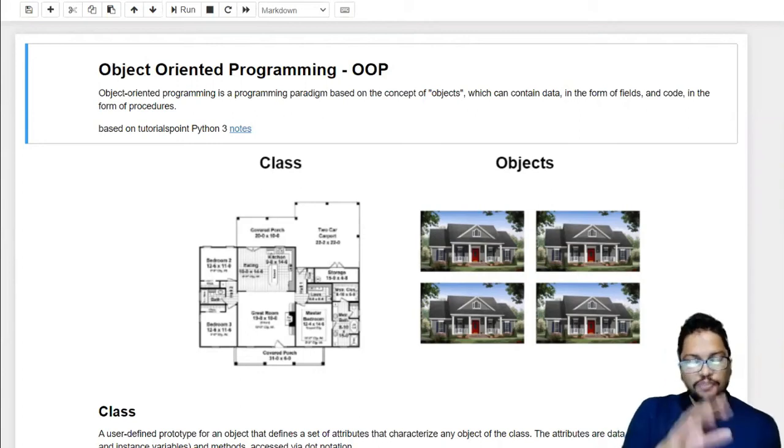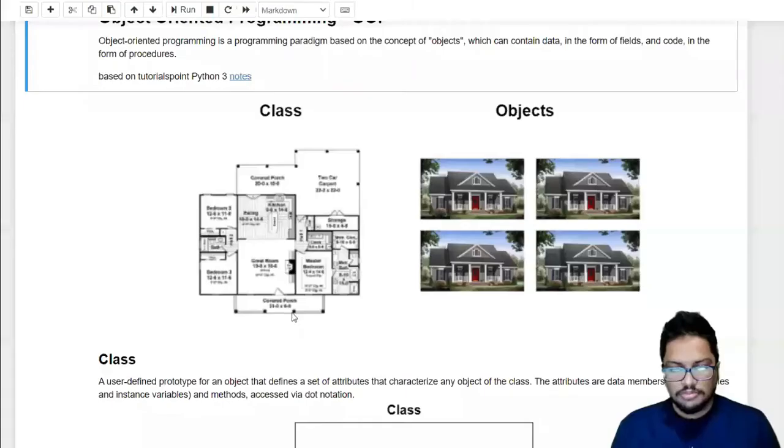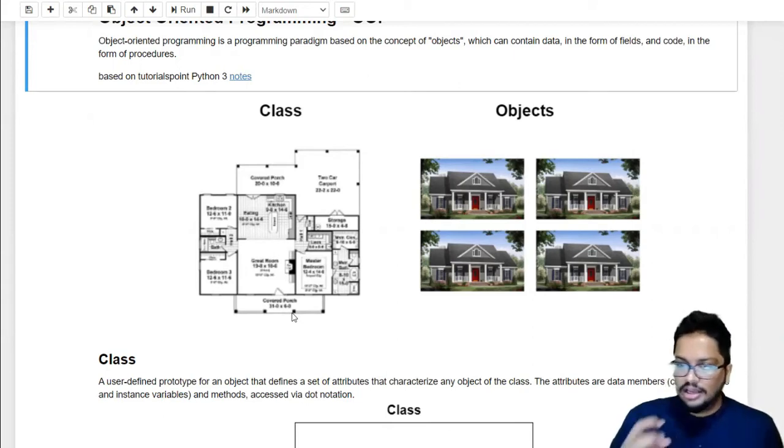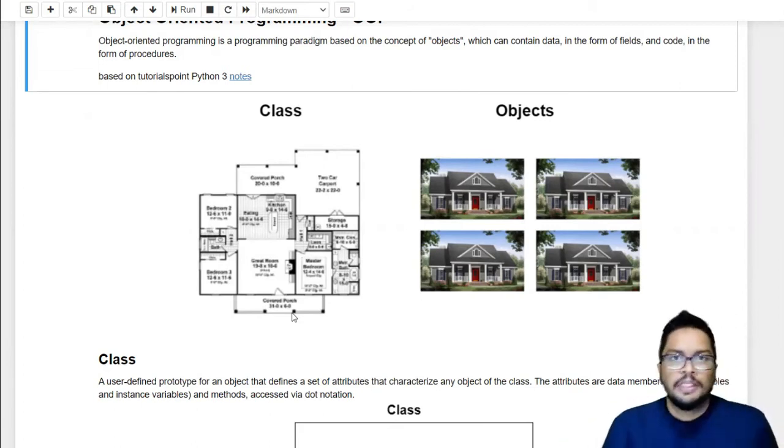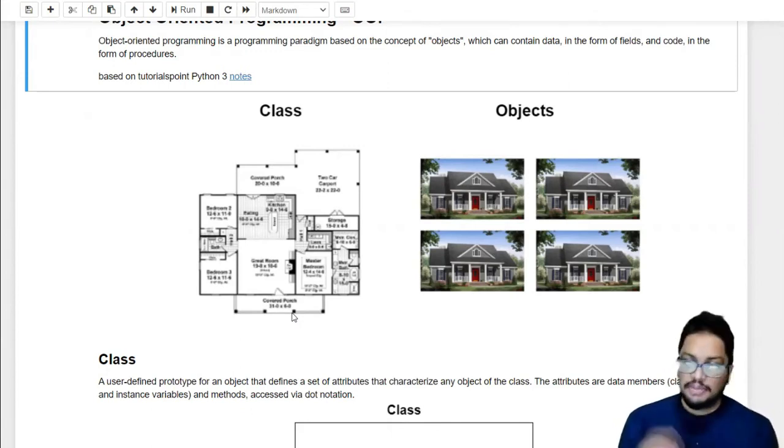But if you build a house by referring to that plan, then, as I discussed earlier, the class is a kind of blueprint, and the object is like the house that is built referring to that plan or blueprint. The object is a physical thing, but the object is created using the class.